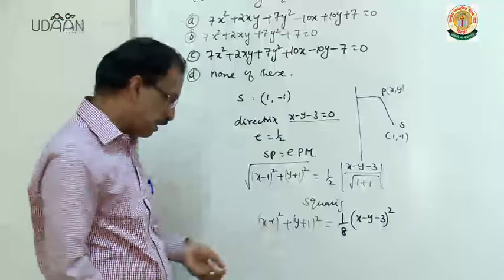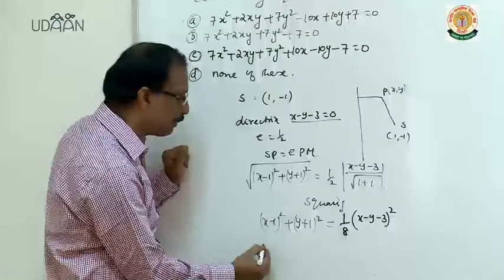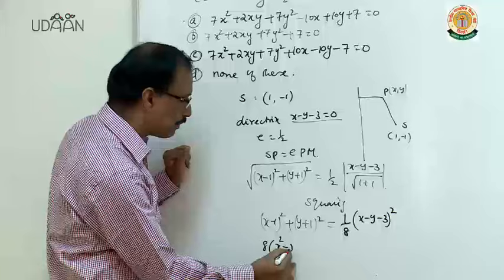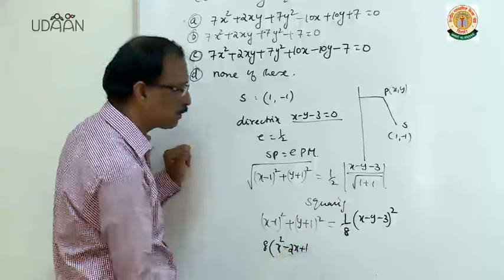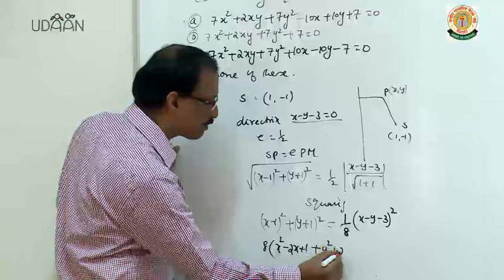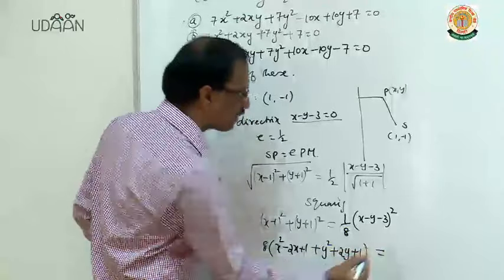Now cross multiply and expand. So you get 8 into (x square minus 2x plus 1 plus y square plus 2y plus 1) equals